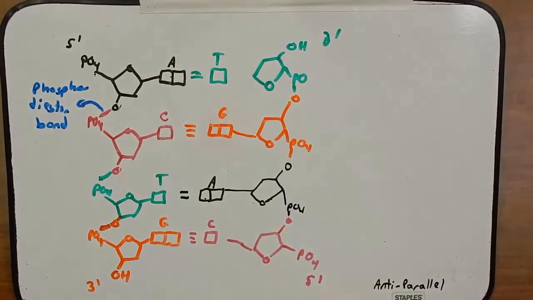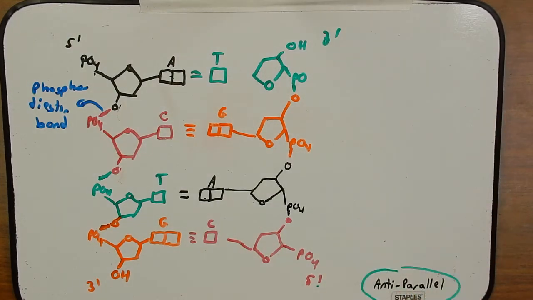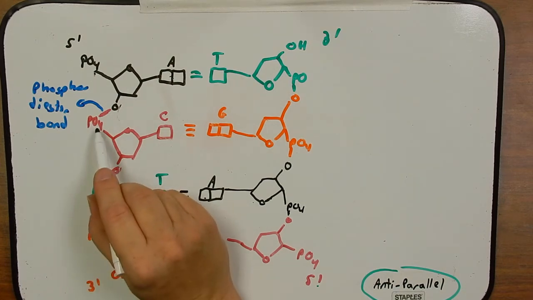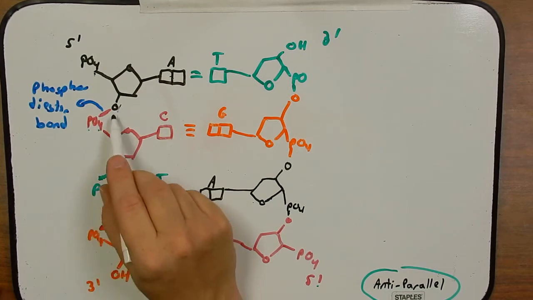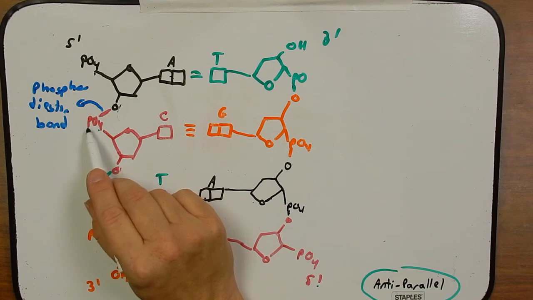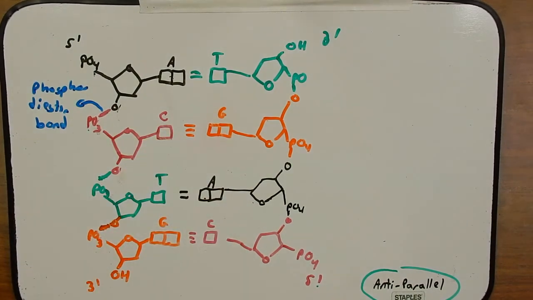Again, it's anti-parallel. This side is 5' to 3', and this side is 3' to 5'. That's what we mean when we say anti-parallel. I know it's an ever so small error here that I want to point out. I'm not going to redraw this, but here I put phosphorus with 4 oxygens and another oxygen. There's really just a total of 4 oxygens here. So this really should be 3 here plus that one.